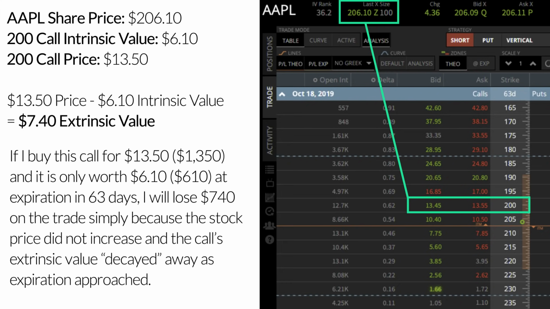If I bought this call option for $13.50 and it expired with a value of $6.10, assuming I sold the option before it expired for $6.10, I would have a loss of $7.40 on that option transaction. And that means if I account for the option contract multiplier of 100, my loss would be $740 for every call option that I purchased for $13.50